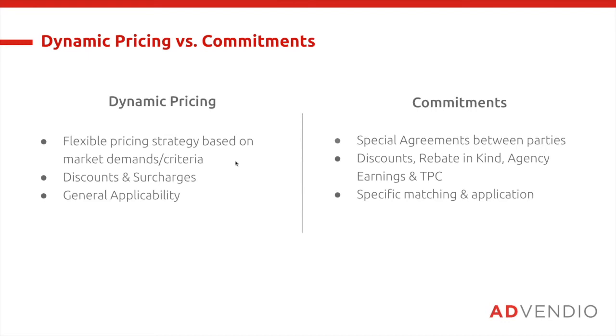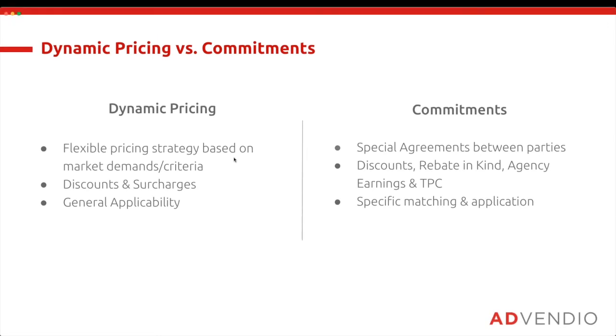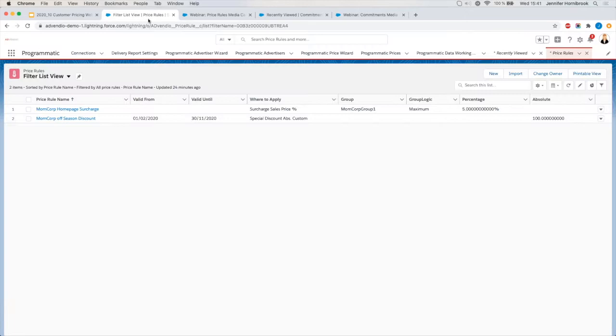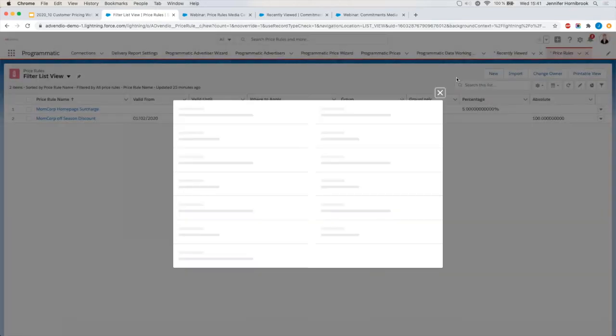With that in mind, let's jump over to our demo org, and it's always easier to show than it is to explain. We have a quick look in our price rules tab here. If we look in our price rules tab, of course, I filtered by some that I've already created before. If I now press new,